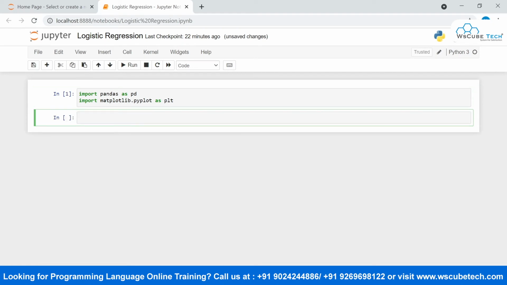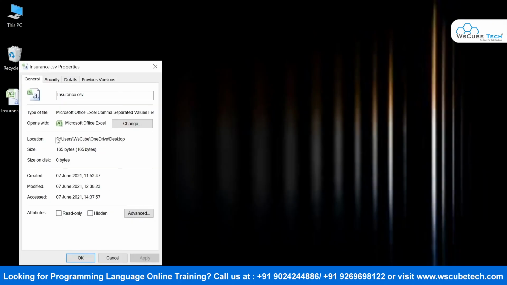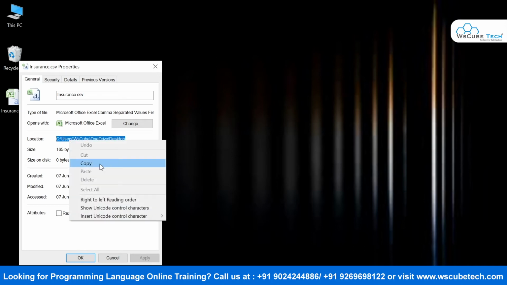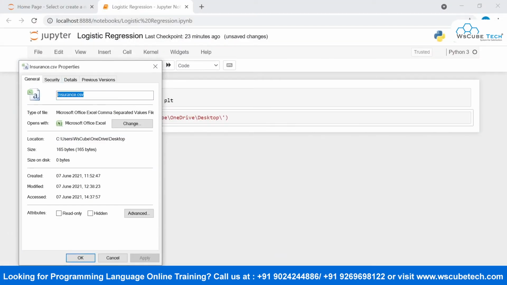Okay, now let's load our data set. In order to load it, I'm going to use pd.read_csv, and inside this I need to pass the path of my data set. This is my data set, so I'm going to go into the properties, copy the location, and along with this copy the name of my CSV file.